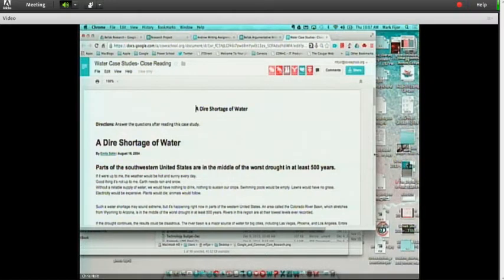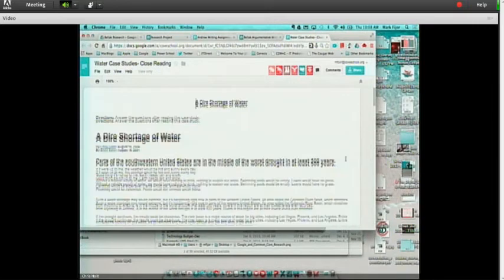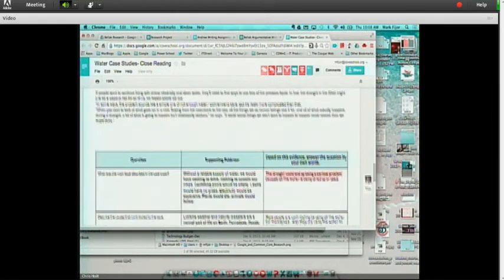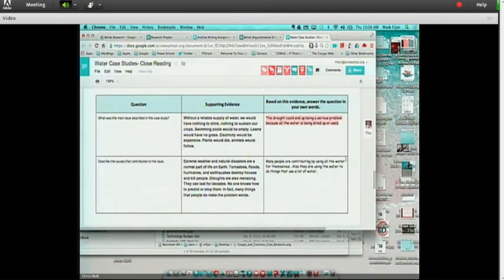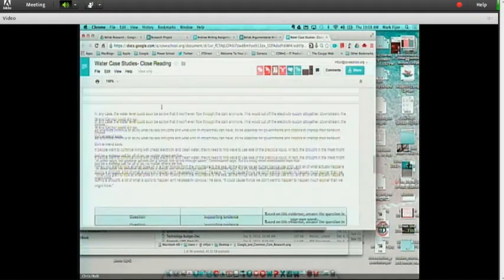So we can differentiate by level in terms of the reading level or the text level. And at the end, we can ask them a series of questions that practice the skill of close reading. We can ask them to look at main idea. We practice using the highlighter tool. So up in the text tool, we have the